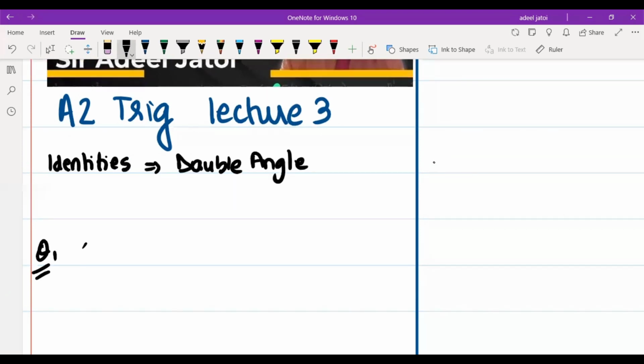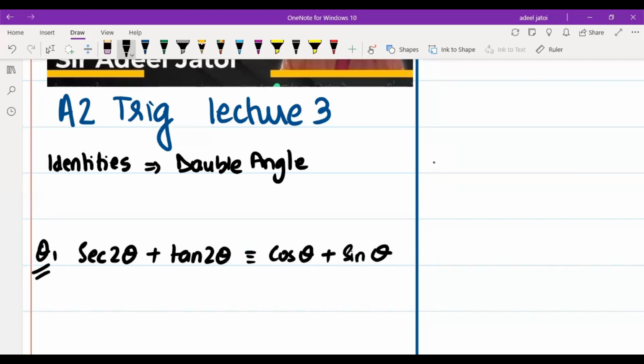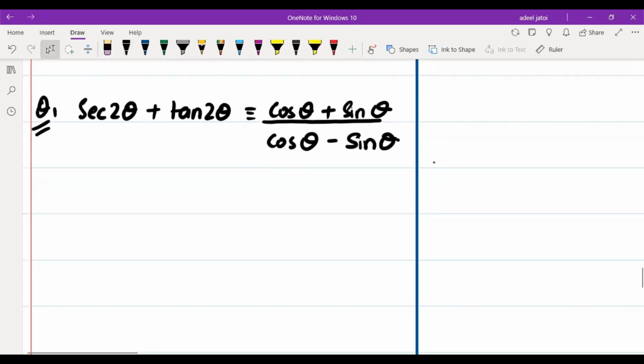We have sec 2 theta plus tan 2 theta equivalent to cos theta plus sin theta upon cos theta minus sin theta. Now, since we need to prove the identity here, we need to understand that